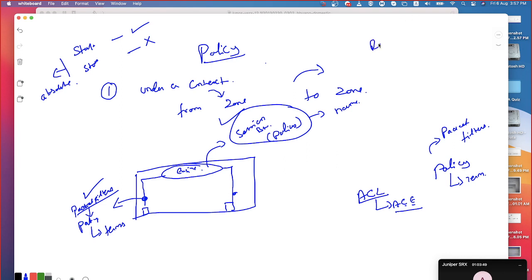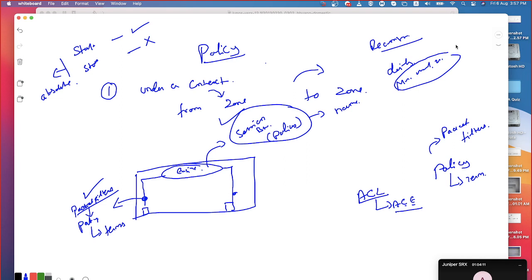The other type of schedule or object is called a recurring schedule. That means I can say daily, or Monday, Wednesday, Tuesday. Now say this: if the day of the week is Monday, Tuesday or Wednesday, and the time is a specific time, then the rule is going to be activated or deactivated accordingly.